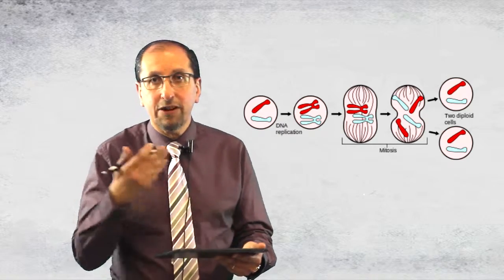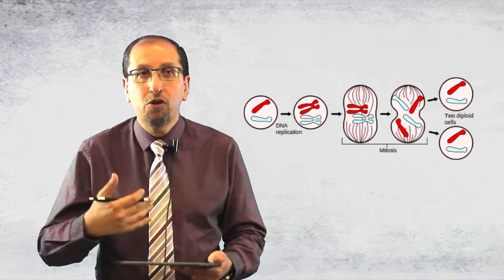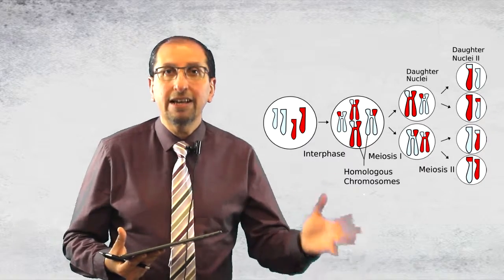Now we have 2 types of cell division. One type happens in your somatic body cells, which is called mitosis. Your skin cells divide by mitosis. Your liver cells divide by mitosis. Your whatever cells divide by mitosis. And the other type happens only in the gametocytes, the cells that are going to form your sex cells, whether sperm in males or ova in females. And the type of division when it comes to the sex cells is meiosis. So we have 2 types of cell division, mitosis and meiosis. And when the cell divides, regardless of the type, the DNA has to make a copy of itself. And this is DNA replication, and this is where mutations